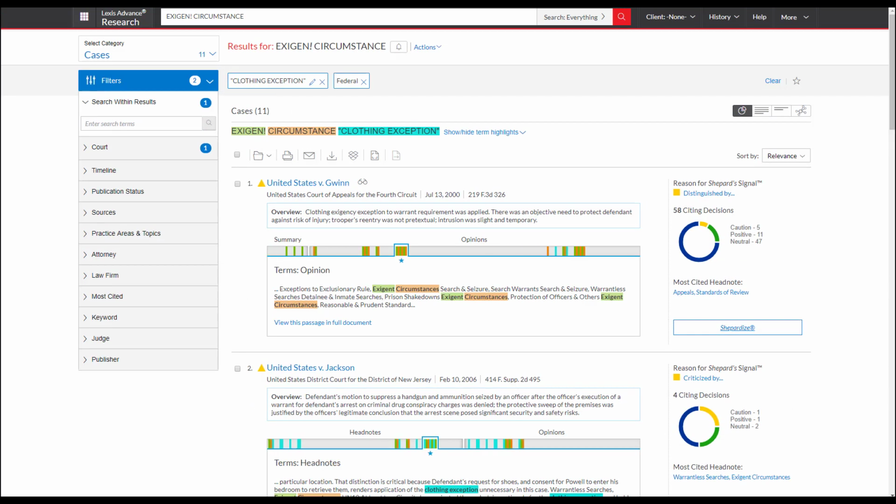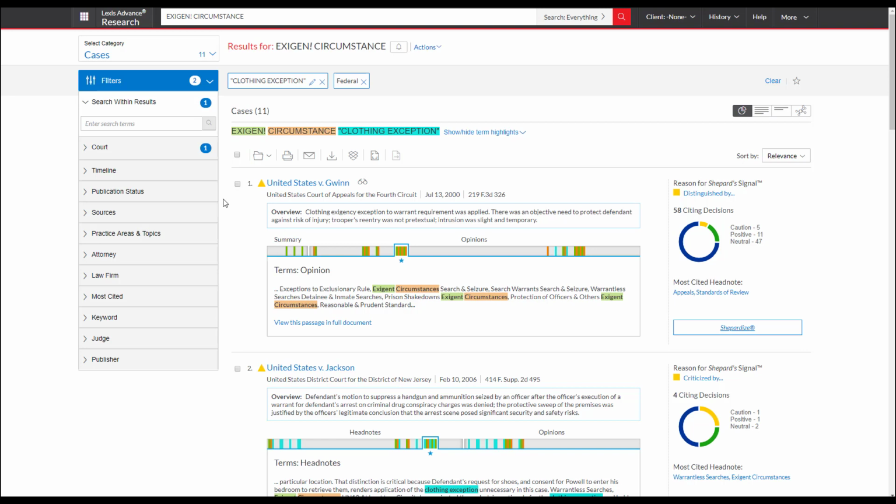Notice that our search terms are being highlighted in different colors. These colors are showing up below our case names. This is called the search term maps. It helps you quickly see where your terms are showing up in the case and how frequently. You can move over the map and change the preview text to get an idea of the discussion around your terms before even opening up the case.